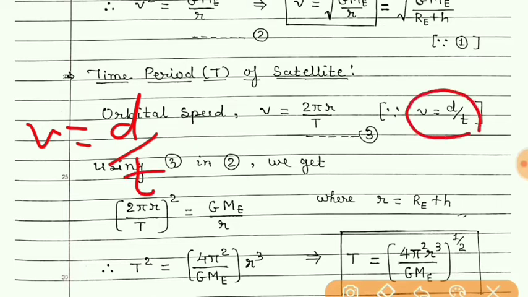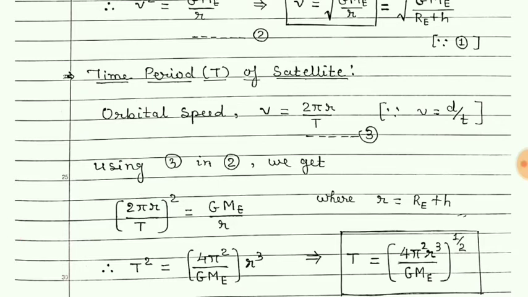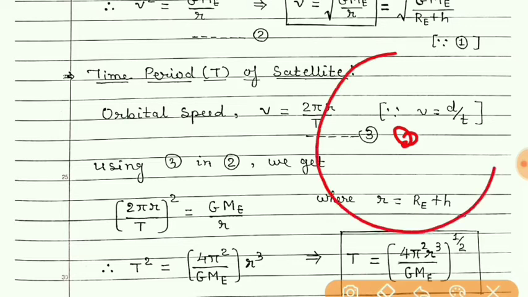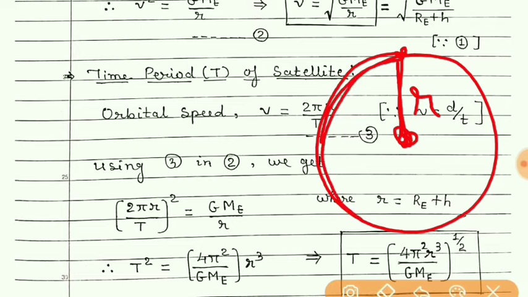When any satellite revolving around the earth completes one rotation or one revolution, how much distance is covered by it? If r is the distance from the center, that is the radius of this circular path, then for one revolution it covers a distance of 2 pi r. So this is the distance,